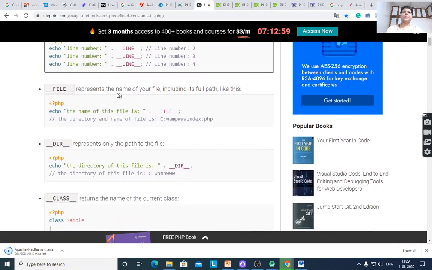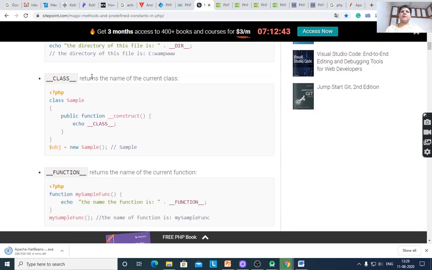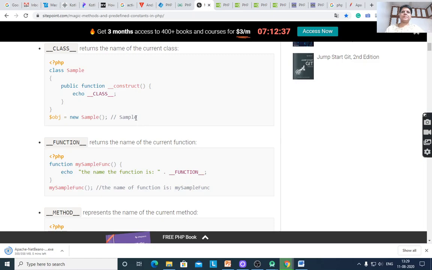File represents the name of your file including its full path. The name of this file is the directory or path and the name of the file. Dir will display the directory. Class returns the name of the current class. Class sample gives the name of the class, that is sample.